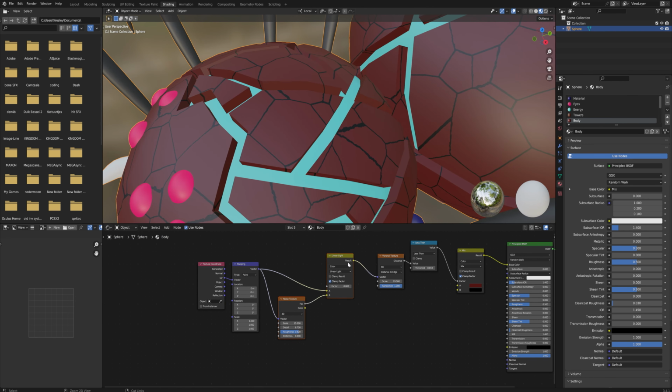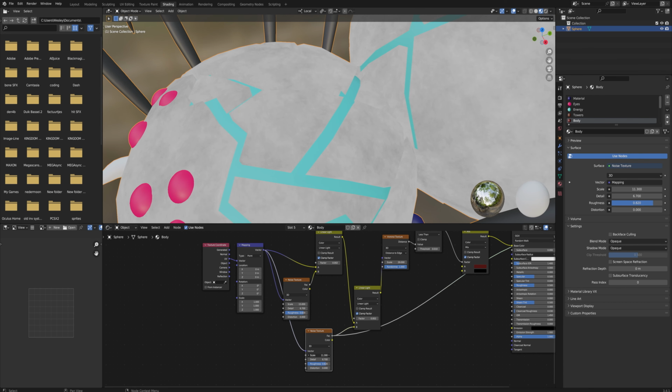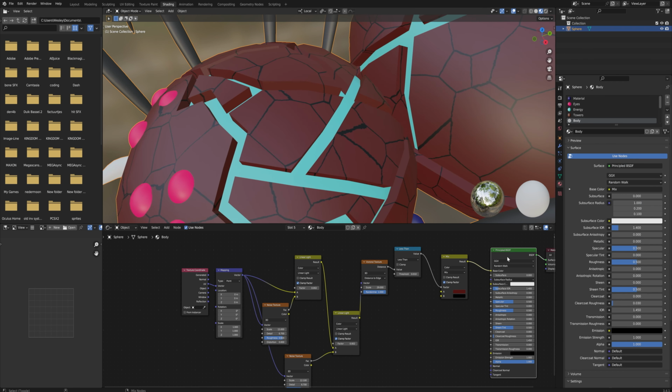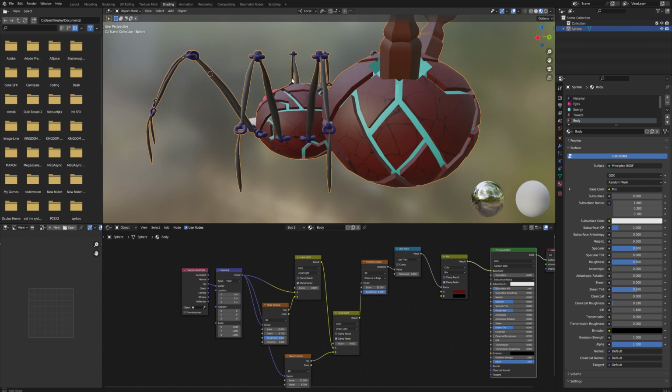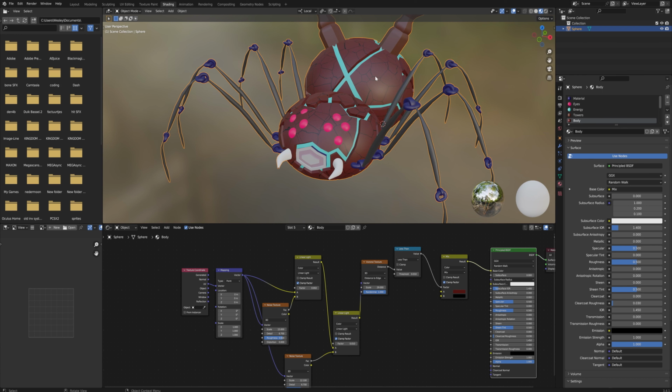So if we want to just copy and paste this over, create a second noise texture here, and then the output from that linear light goes through this one, and that then goes into the Voronoi texture. Now we can also make a noise texture that is a little less rough and a little less detailed, and creates more of the bigger wibbly wobbly kind of distortions. And that one we might want to put up a little higher in the mixing factor. And now we have a decent look for the cracked shell of this stone, ancient golem kind of